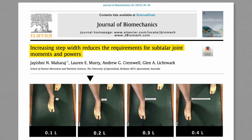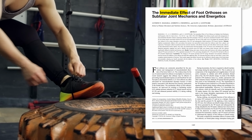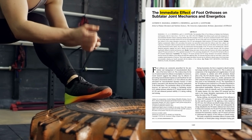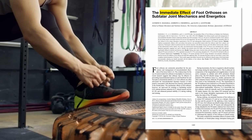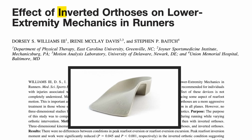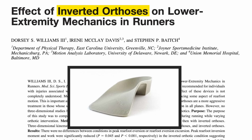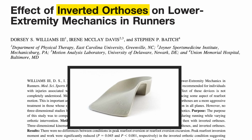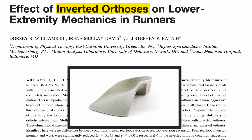In 2019, a study suggested that using a wider step width may help unload the tibialis posterior. A different study by Maharaj et al. in 2018 found that supportive athletic footwear may be beneficial because the shoes help decrease the amount of work done by the tibialis posterior. Lastly, a study by Williams et al. in 2003 demonstrated that inverted foot orthoses may reduce the loads experienced by the tibialis posterior without actually changing foot